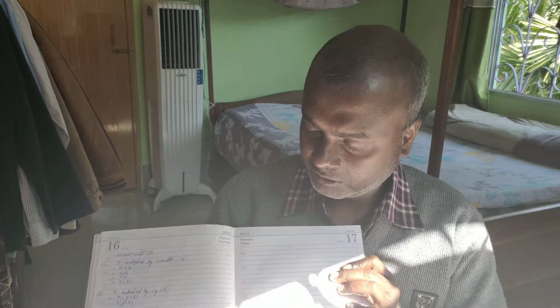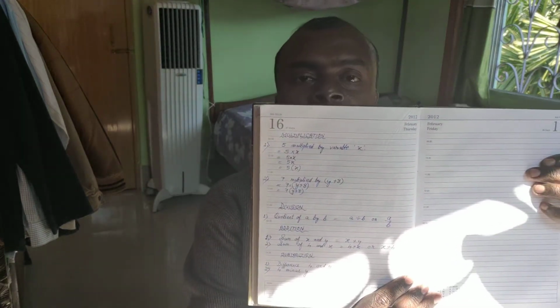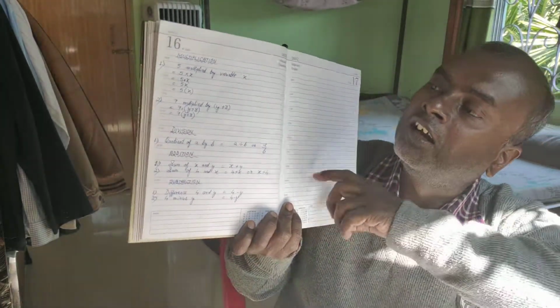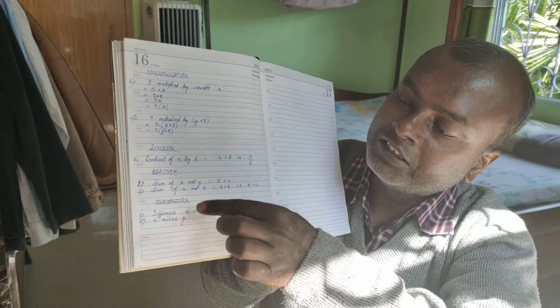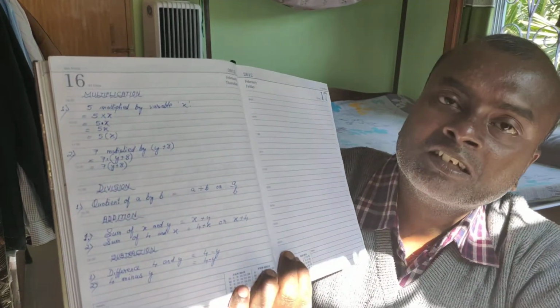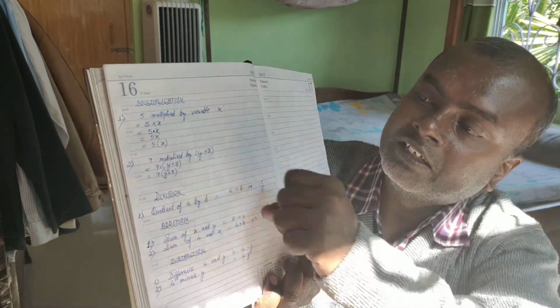Okay, hello there again. Now, in algebra we can actually translate from normal English to algebraic sentences, like you have over here. I'm holding my copy. Just see. Here it is. For multiplication, I have shown for division, for addition, for subtraction. Now you can see over here I have given an example.